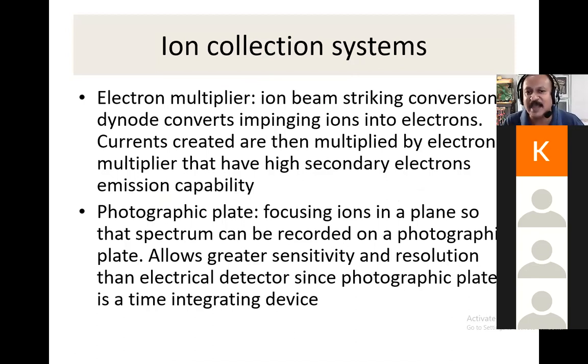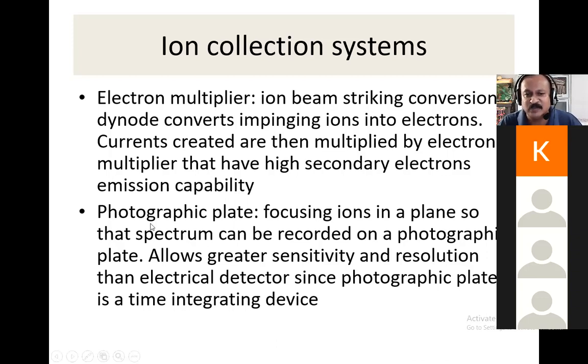The more ions that fall on the detector, the higher will be the electron flow and the higher the current. Every time there is a pulse or a peak of current, that will indicate that a particular type of particle has been detected by the detector. And that of course will depend upon the mass of the particles.